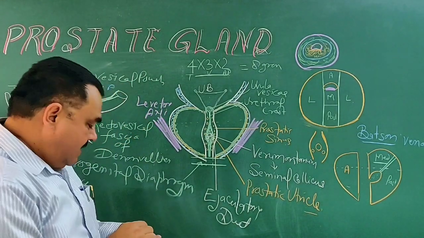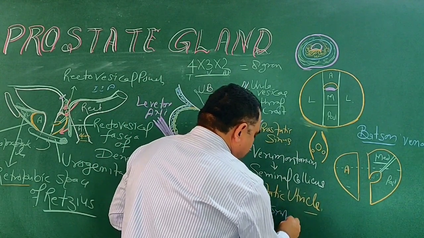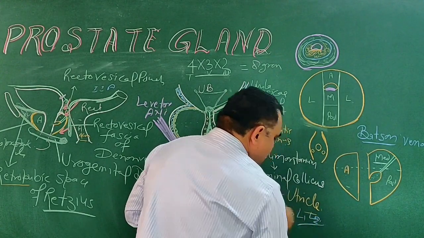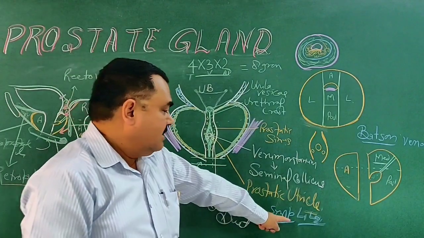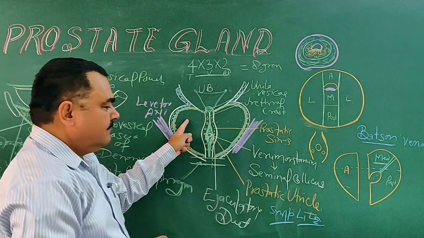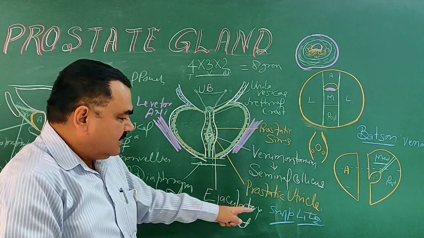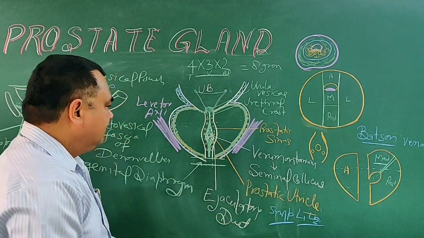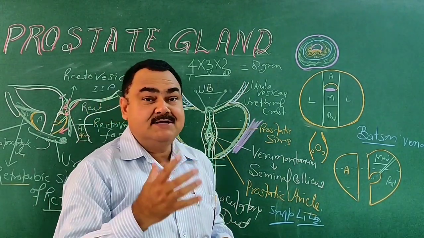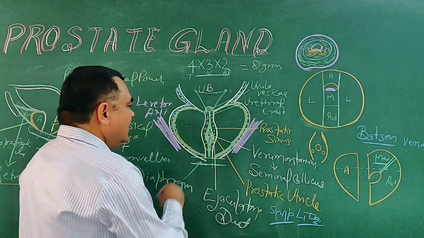Nerve supply: it is supplied by sympathetic nerves, L1, L2. Superior hypogastric plexus fibers come into the prostate and supply it. Due to sympathetic fibers, the prostatic muscles contract and help in ejaculation, and at the same time